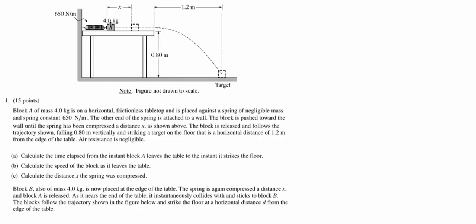We've got a block that's compressed against a spring. The spring pushes the block. It'll travel once it leaves the spring at constant velocity until it gets to the edge of the table. Then it will fall forward 1.2 meters while traveling down 0.8 meters and hitting a target. We want all the time elapsed from the instant block A leaves the table to the instant it strikes the